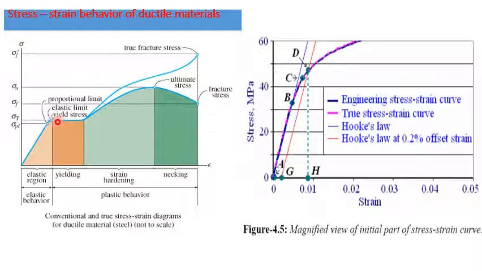Upper yield point is the one where the bonding between the atoms starts breaking. Once the bonding starts breaking, the capacity of the material to withstand the load starts decreasing. So the curve will drop down. Here you can say the curve drops down, or in other words, the load bearing capacity of the material drops down. This is due to the breakage of the atomic bonds.